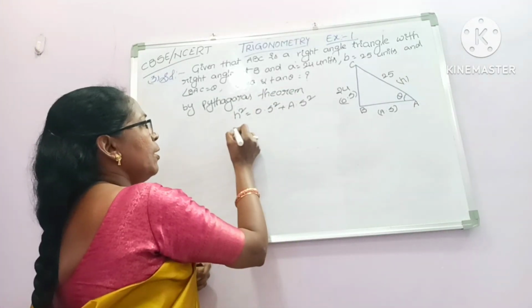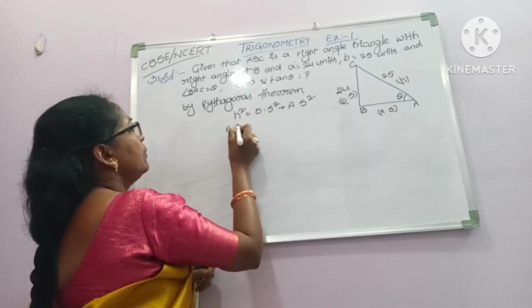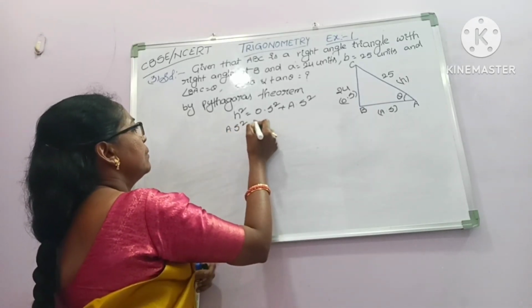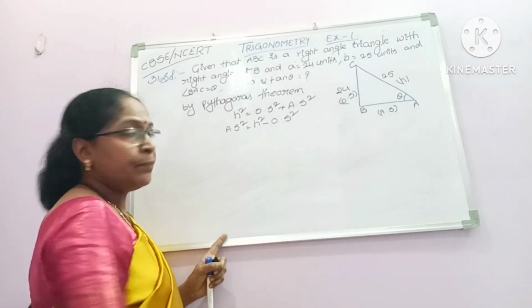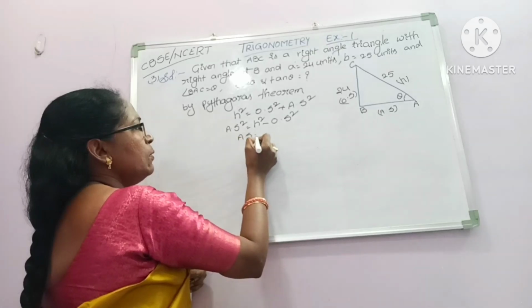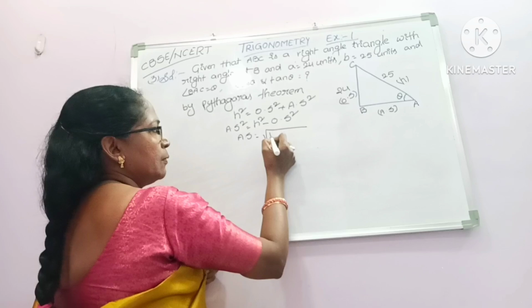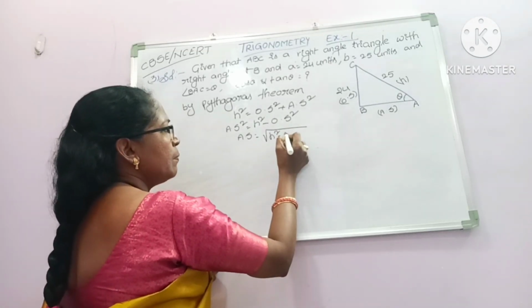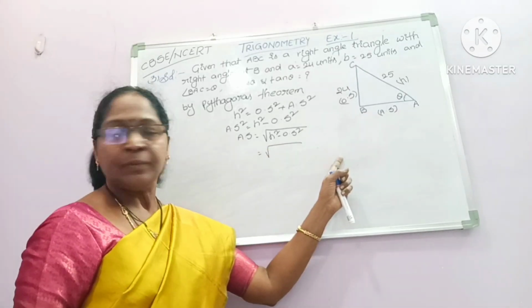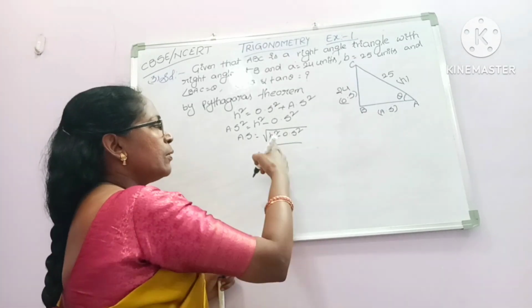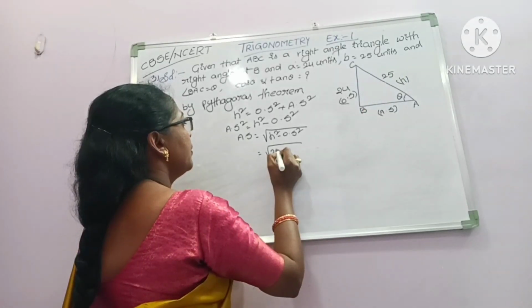Now here the adjacent side we don't know. Adjacent side square equal to hypotenuse square minus opposite side square. Then adjacent side equal to square root of, as the square goes to the other side it becomes a square root, hypotenuse square minus opposite side square. First you write the formula. Now substitute the values. Square root of, where h equal to 25, so 25 square